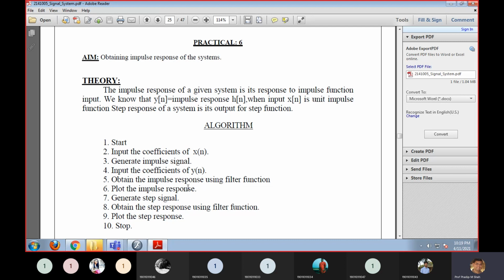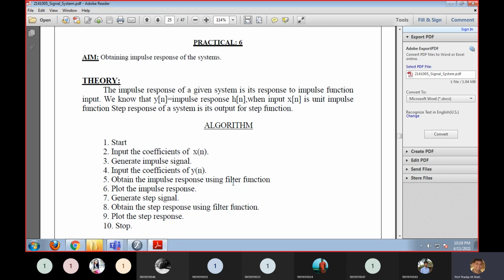In MATLAB, I will show you what the task of the filter function is. So the next step is that we need to use a filter function to find out the output. Actually, it is an inbuilt function. You can use the inbuilt function, or you can also develop your own function. I think last time we found the convolution to find the output. So the same program also works to find the output.